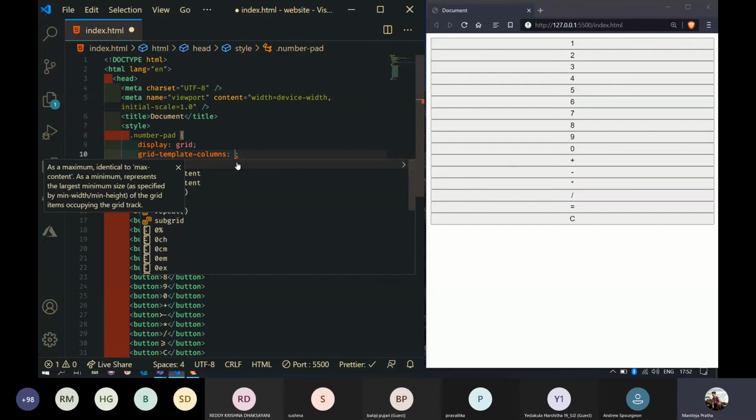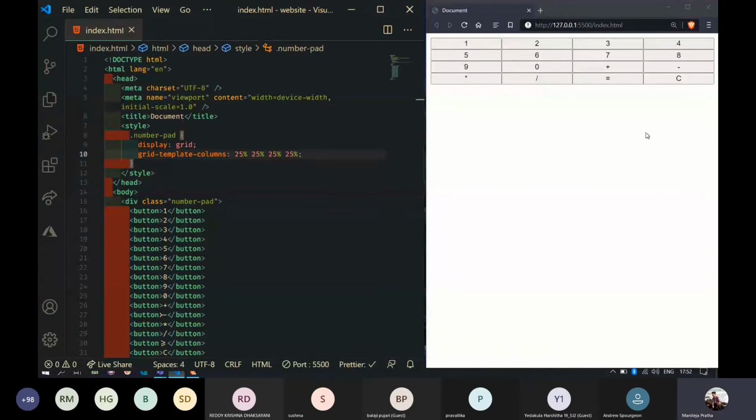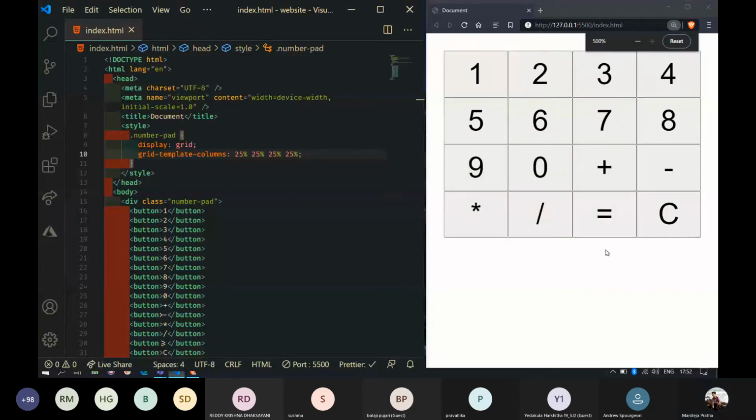So whenever I save this, observe this website. What happened? Wow. Did we get the calculator shape or not? Just with 2 lines of CSS. Awesome, right? This is the magic of CSS.